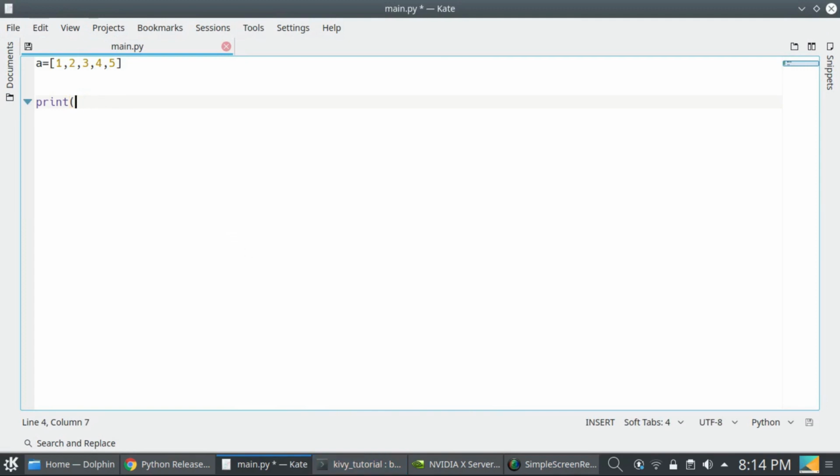If I want to print each value of a list, I can also do this. To do this, you have to use a for loop, for i in range 0, len function is returning the length of the list.